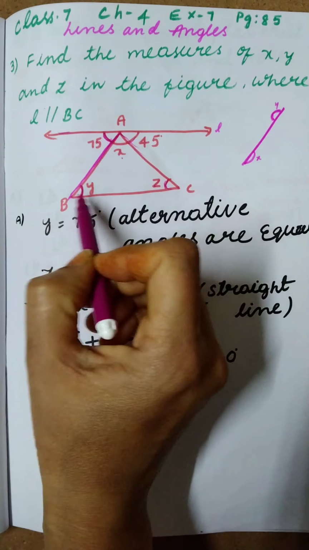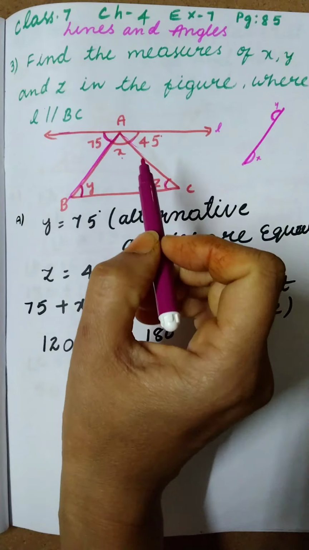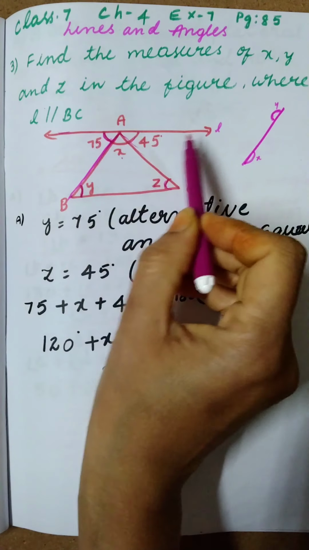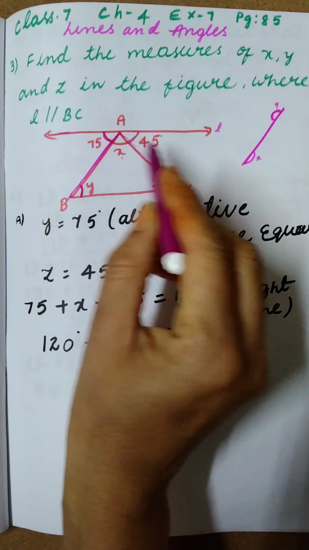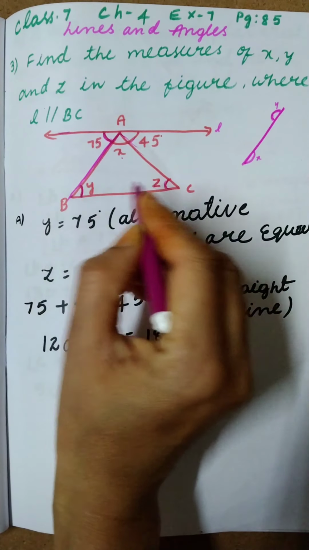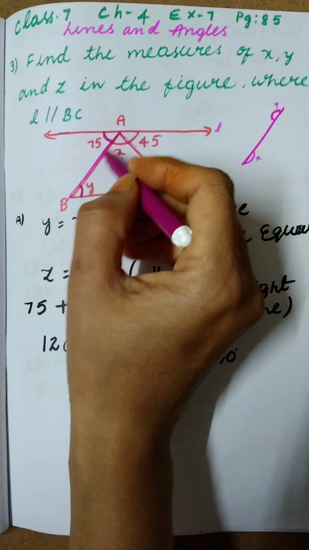Okay, why are these two parallel? Because these two have no common point, that's why these two are parallel lines, and these two are on the same side only. Okay, next one, in this question we have to find the x value, y value and z value. Are you observing, children? Here one line is there.